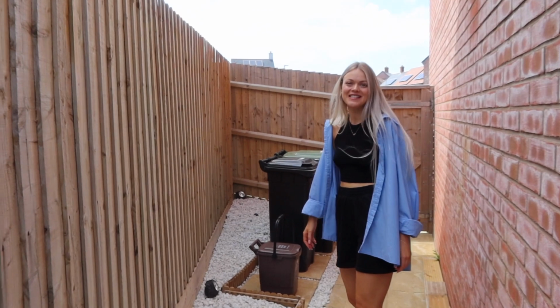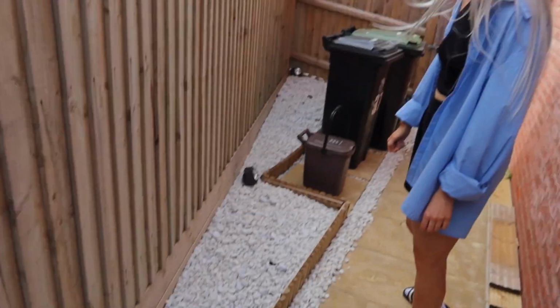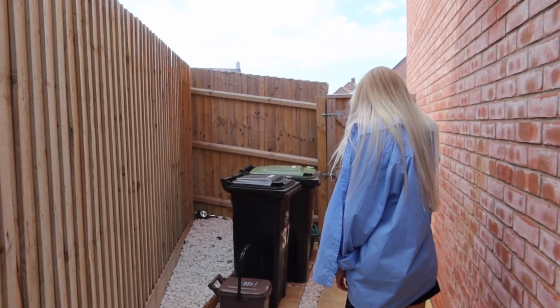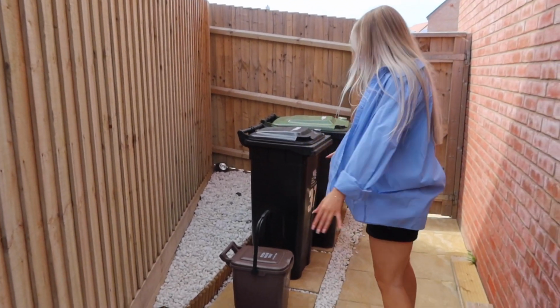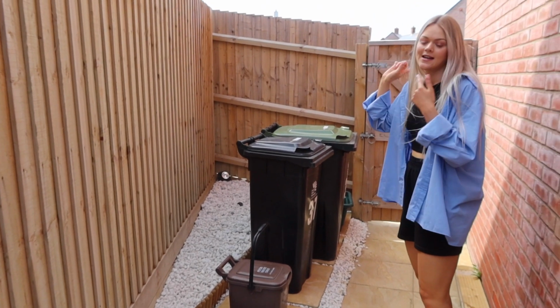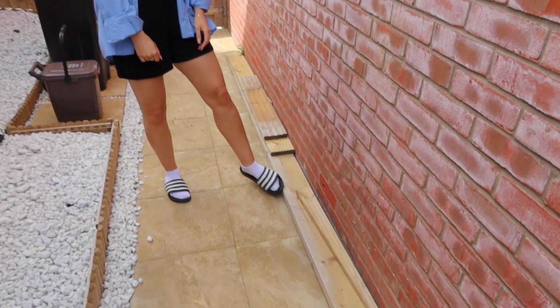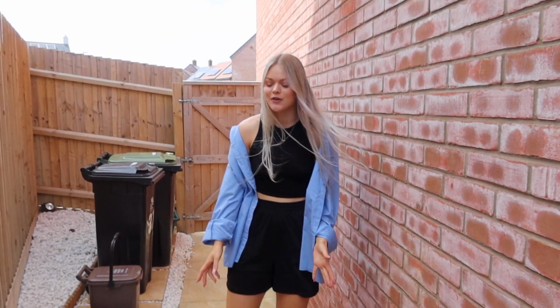I helped. Yeah, but the little wooden design came together in the end. It did in the end, and then we've just obviously got our bins here as well, so it's like a bin storage area, and then we've got the gate down the side to the front of the house. So we've got some leftover decking stuff, which I'm not really sure what to do with. We've got this big beam, which I don't know if we're ever going to make use of, but...